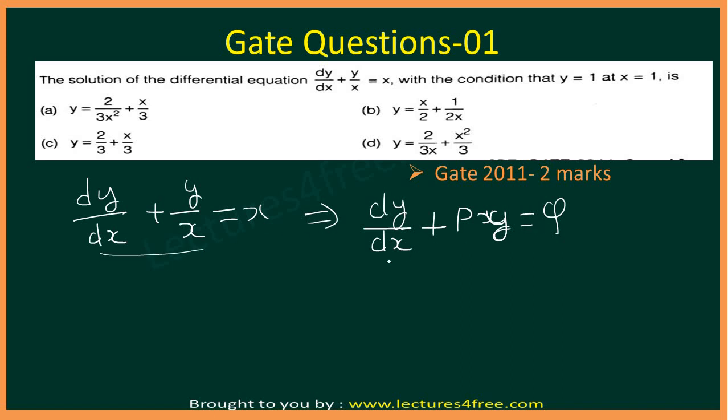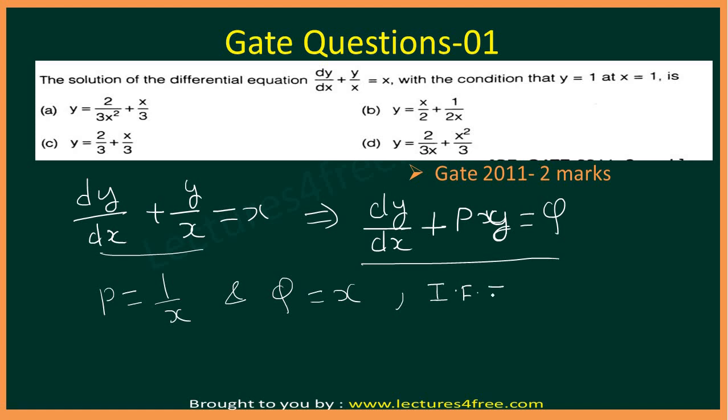If you compare these two equations, you will get p is equal to 1 upon x and q is equal to x. Now if you know p and q, you can find the integrating factor. Let's suppose I am calling it r, and it will be equal to e to the power integration of p dx. So here p is 1 upon x